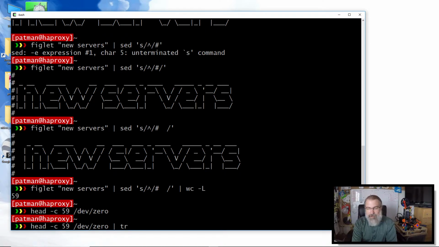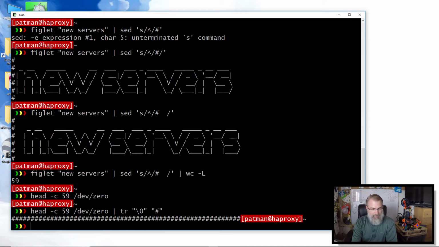And so we can use tr for that. That'll replace a character. We have to use a backslash here: a literal 0, replace that with a pound. I thought this was kind of slick. And boom, now I got 59 pound symbols. So I thought that was kind of nice. So what you can do is you literally do this command,